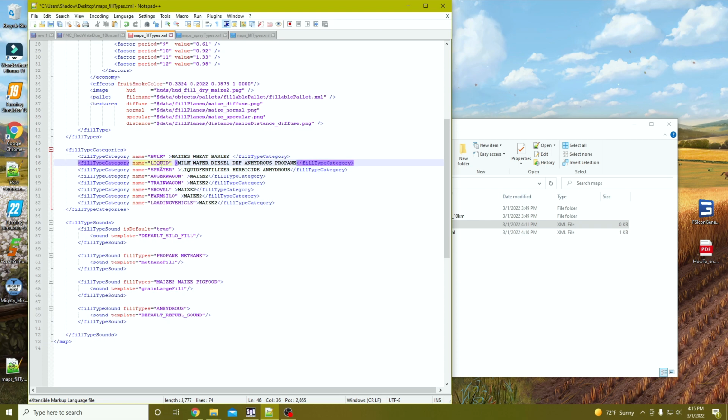Similarly with your liquid or anhydrous and propane. And then you particularly want to make sure that you have anhydrous as a sprayer item so that it can be used in sprayers. And then lastly,